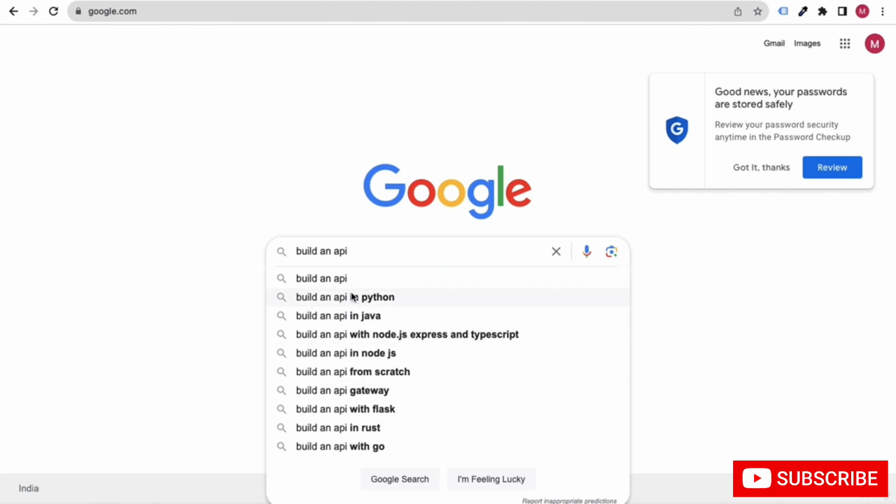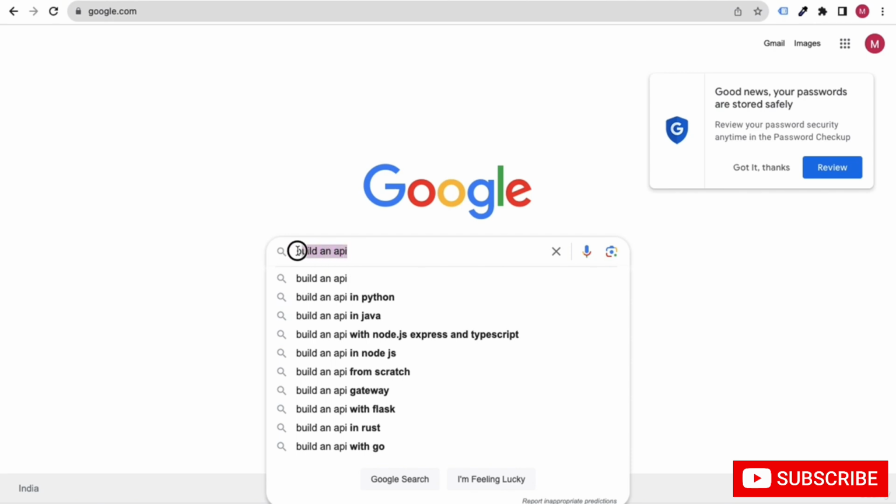Basically we will not go with that, but our main goal is to create one API that will show this type of suggestion whenever someone puts in any keyword. Keyword means what people are searching. Whatever suggestions Google shows for it is what is called Google suggestion.